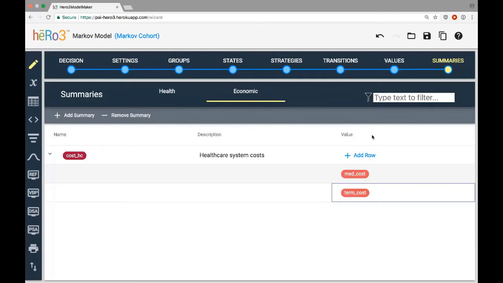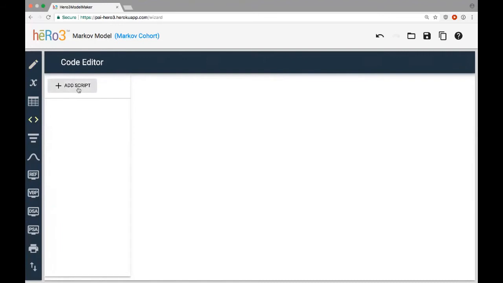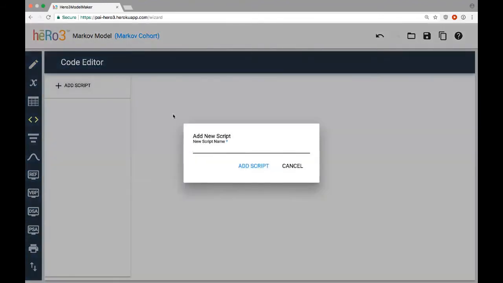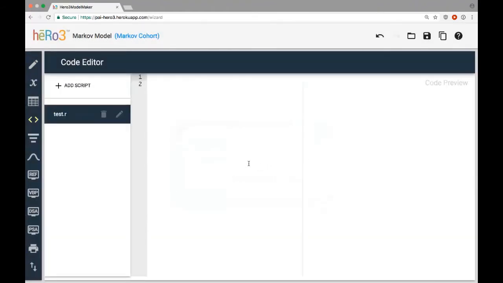Sure, so that's a great question. And the answer is yes, depending upon exactly what you're doing with that code. So the specific example that you've raised of modifying it to allow for a variable cycle length, that's not currently supported. However, the model builder here does ship with a code editor, and I'm just going to go to that right now. This is an area where you can define a set of R scripts that are going to be run. And so I'm just going to add an example on here.